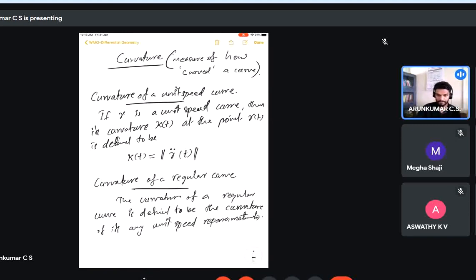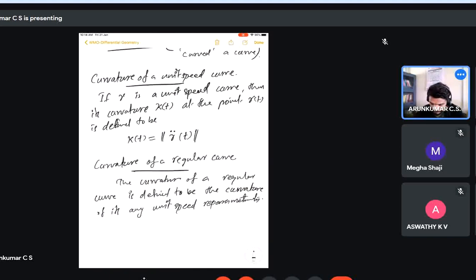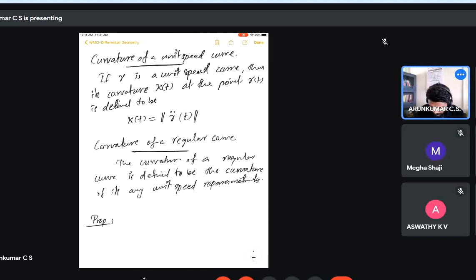So we are starting with a regular curve gamma t. By unit speed reparameterization and the earlier definition, we can talk about the curvature of a unit speed curve. So the curvature of a regular curve is defined to be the curvature of its unit speed reparameterization. Okay, now there is this interesting proposition which gives an expression for the curvature of a regular curve. Proposition: let gamma t be a regular curve in R3,